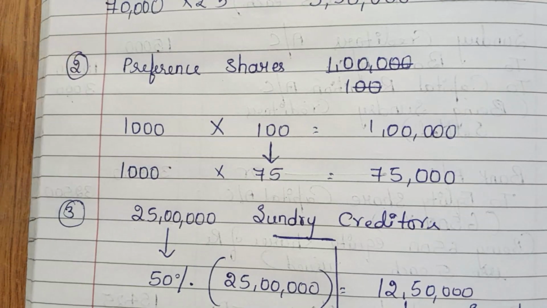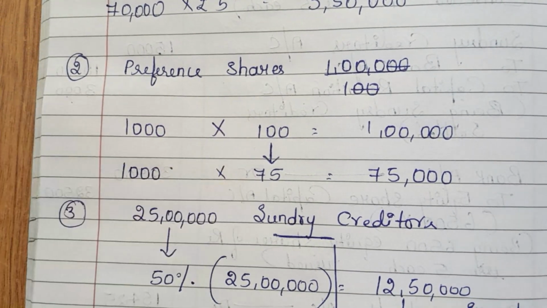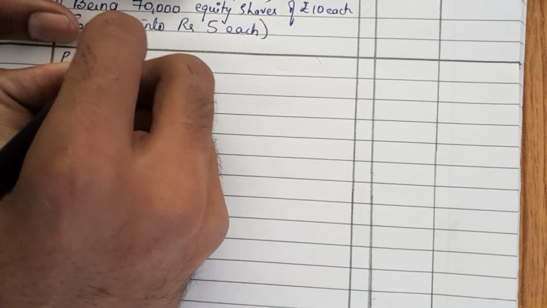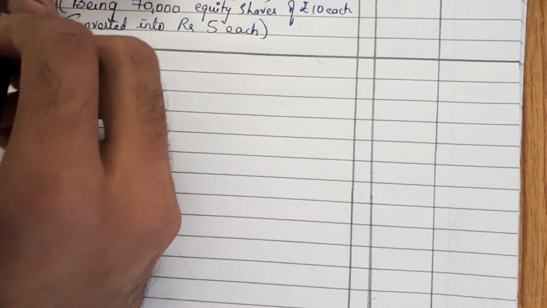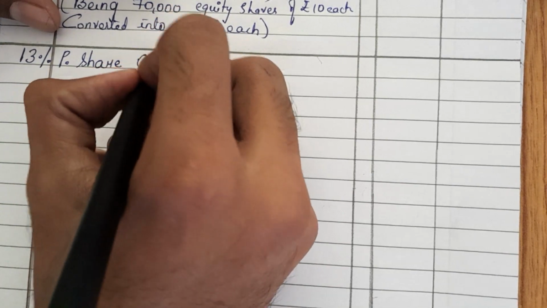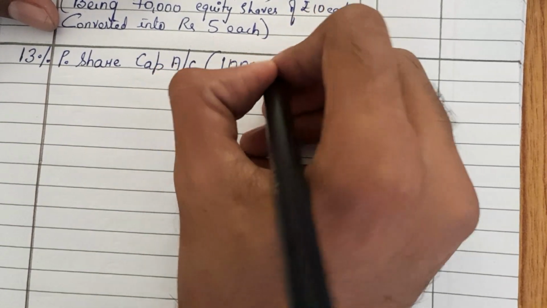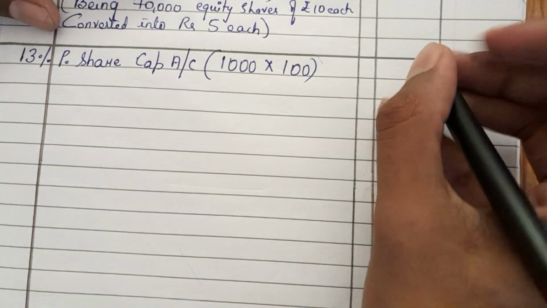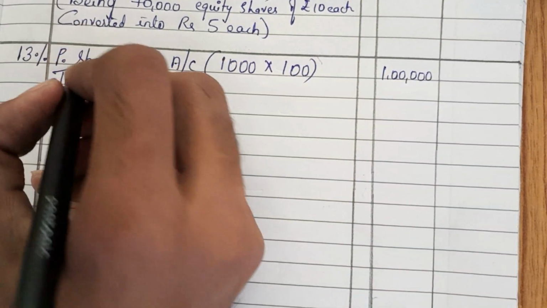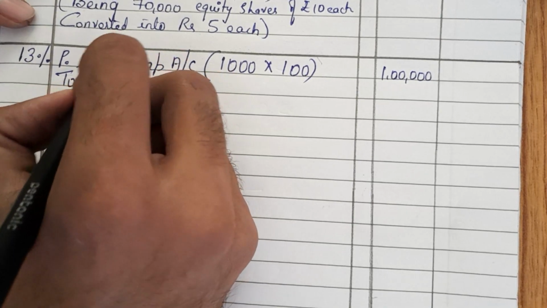Now the second journal entry we need to pass for the preference shares. So 100 rupees preference shares have been converted into 75 rupees. So it will be preference share. In balance sheet it is 13% preference shares capital account. This is the old. How much? Total 1000 preference shares were there and each share value was rupees 100. So 1 lakh is converted into, sorry, it is same 13%